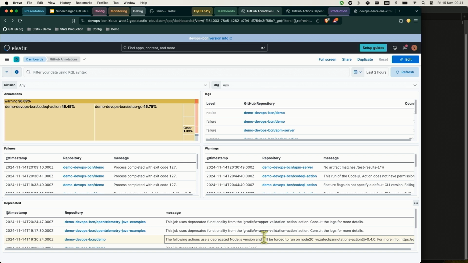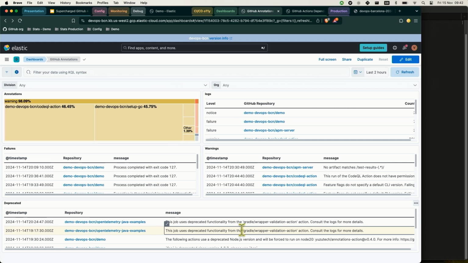OK. So I mentioned to you annotations are important. You want to have some deprecated life cycle, like you use something from GitHub that is going to be deprecated in a few weeks. How do you detect that? So this is a way you can do that. You can visualize how many of these annotations happen, on average. You can also see which of them are failures or warnings, and actually when there is an action that you would like to do. So deprecated is important, more precisely in the GitHub ecosystem, because sometimes they say this particular Ubuntu